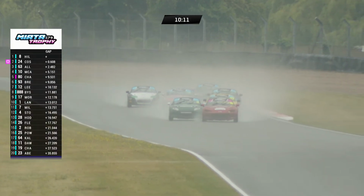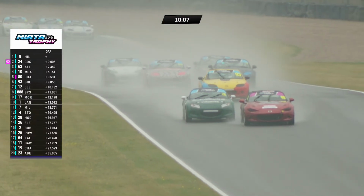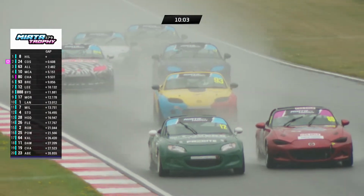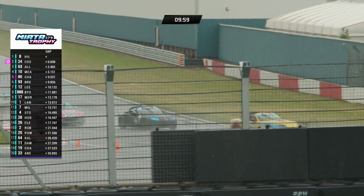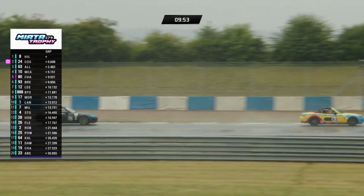As he gets squeezed onto the curb once again. Looking to the outside now is Declan Lee. Will he look for a move on the inside, later on the brakes, potentially on the run in towards the Fogarty S's? He's on the polished section of the circuit, so you'd imagine the braking performance isn't brilliant, but he manages to fly through and picks up another place. That leaves Brian Chandler back into the clutches